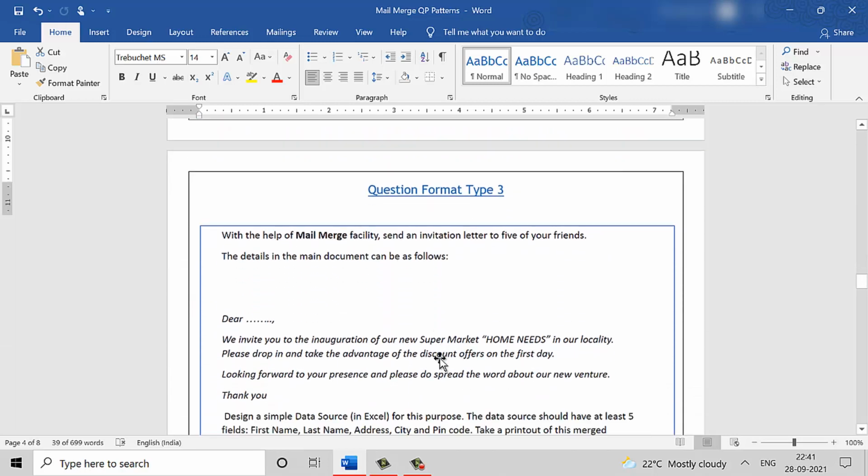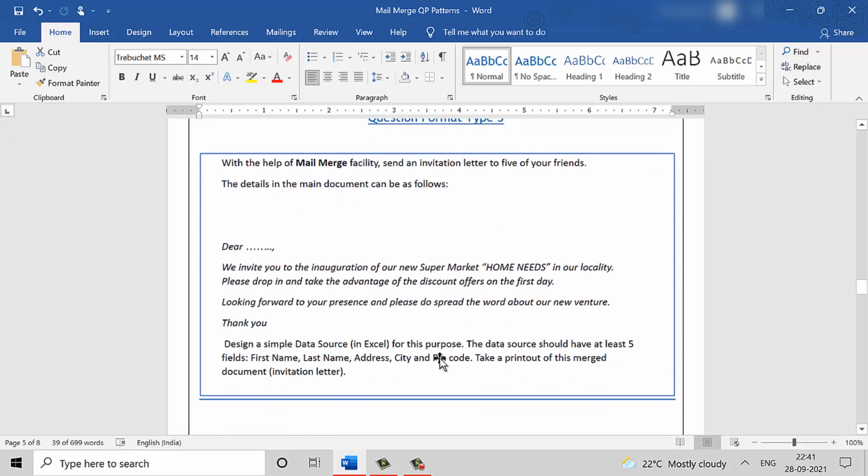Let us see the third pattern of question paper. This is one question where they've asked the student to do mail merge, but there is no specific or exclusive letter given, and there is no data source or table provided.